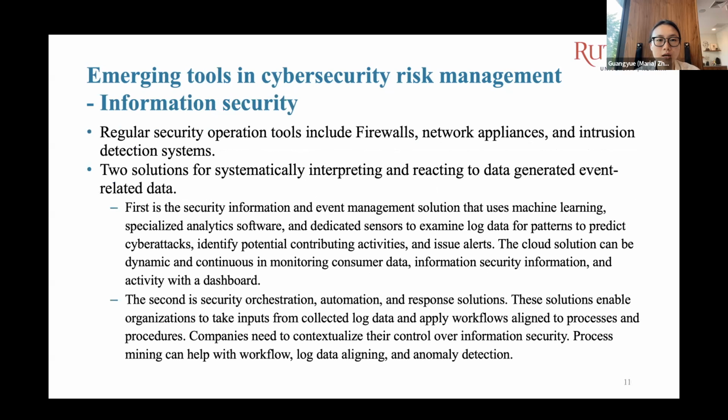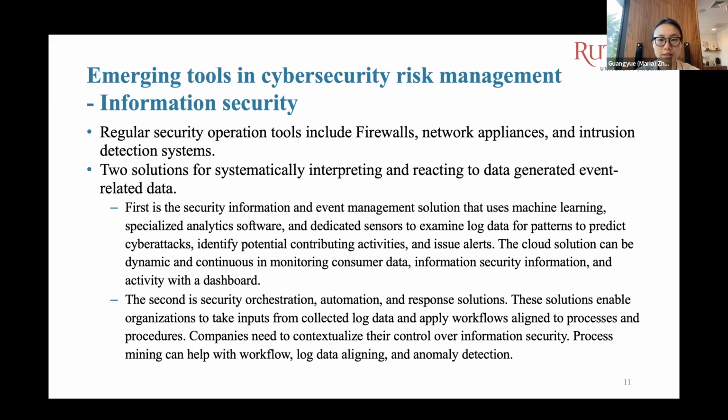interpersonally. For the next part, we're going to introduce the emergent tools for information security compliance. For information security compliance, there are basically two types of tools that organizations can use. The first is a security information and event management solution that uses machine learning, specialized analytics software, and other types of tools that can analyze the log data of consumers and achieve continuous monitoring